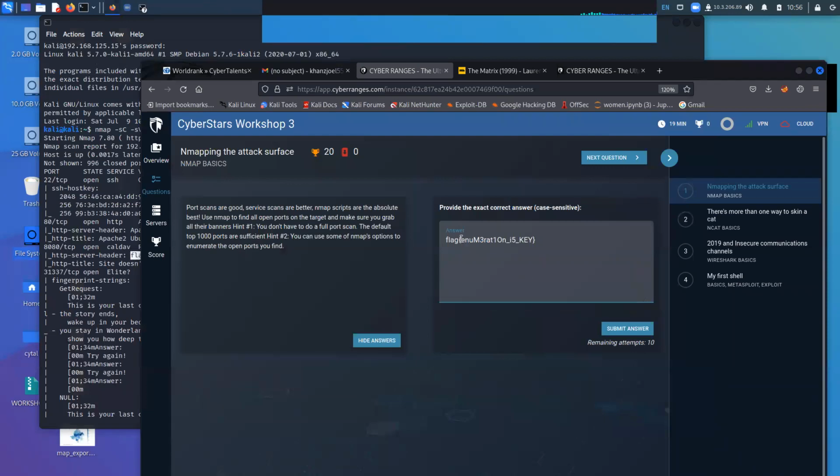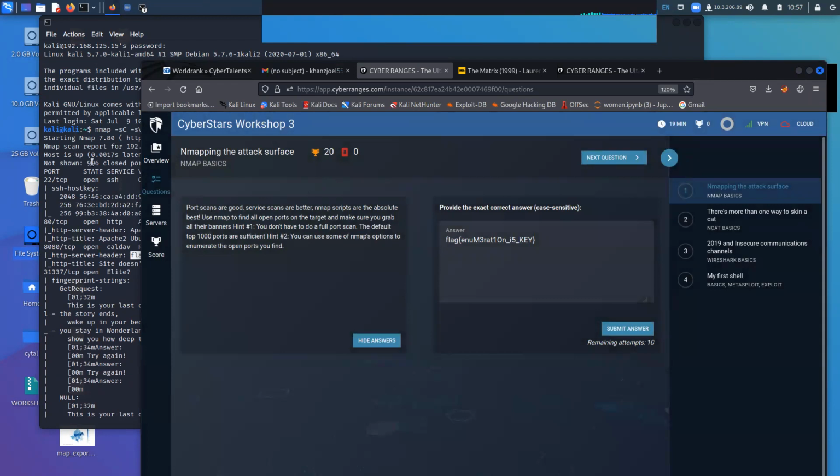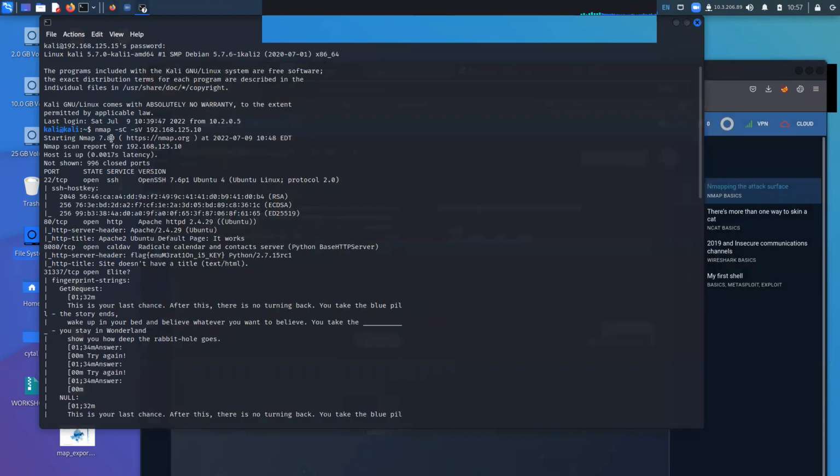You see, enumeration is key. So this is what they wanted. So we submit it. Apparently, I can't submit because they are telling me that the exam has not started yet. Answering is prohibited, but that is our flag. So maybe you can learn